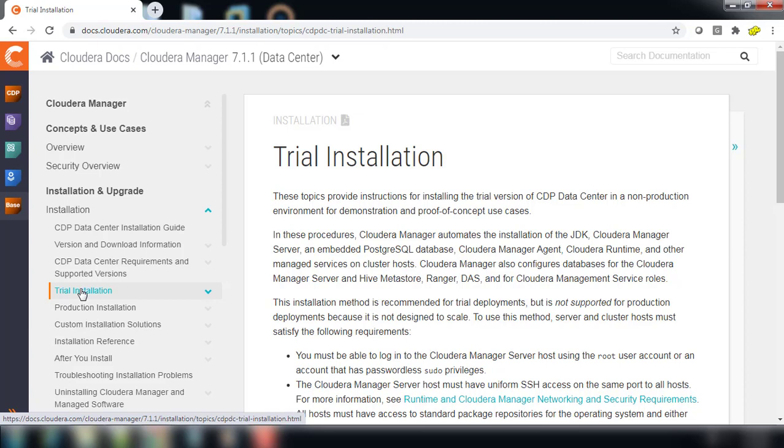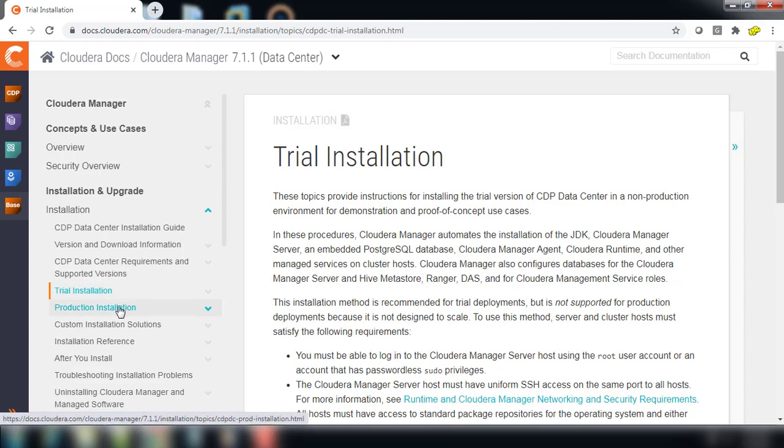I will cover how to do that in later videos, but just understand you need to download one binary file, Cloudera installer bin, add execute permission to it, and then start the installation. It configures the Cloudera Manager server and backend DB, and then you can continue the installation using the Cloudera Manager web console.